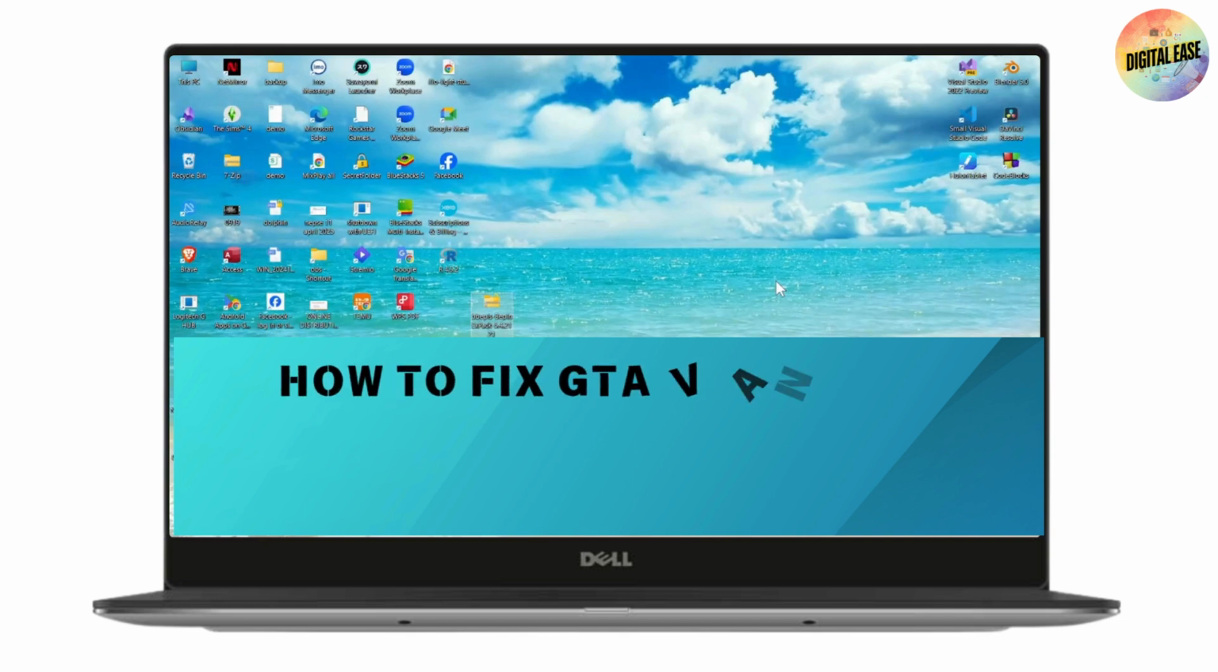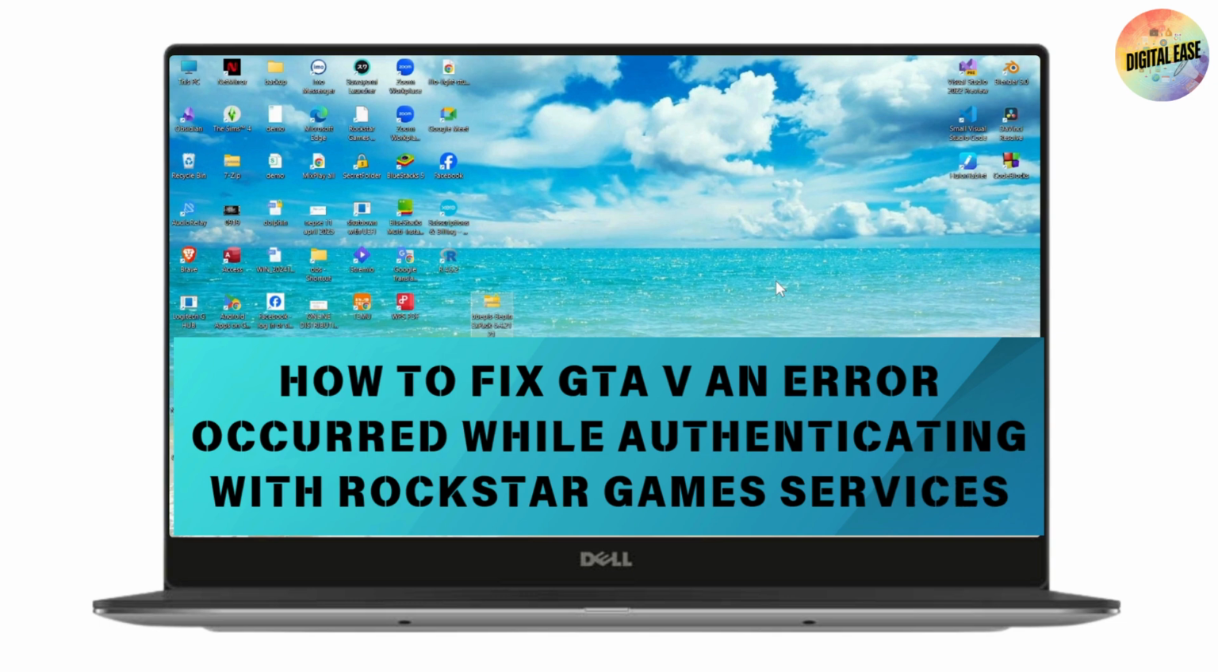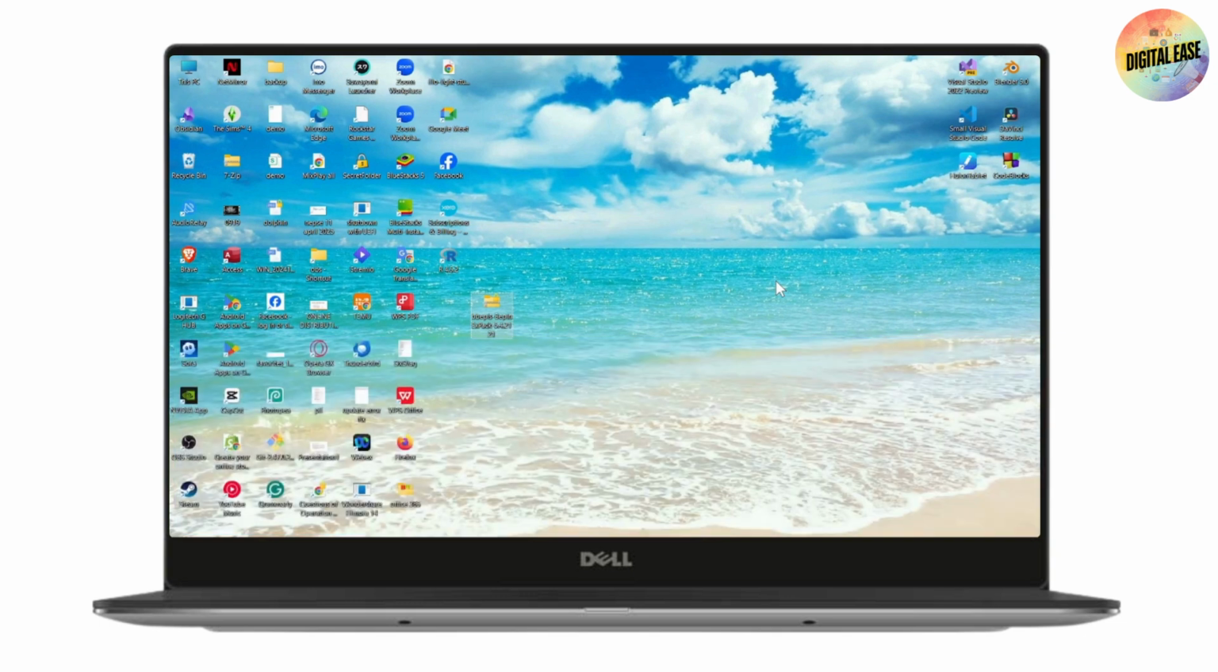How to fix GTA 5 an error occurred while authenticating with Rockstar Games service. So if you want to fix GTA 5 an error occurred while authenticating with Rockstar Games services, then what you